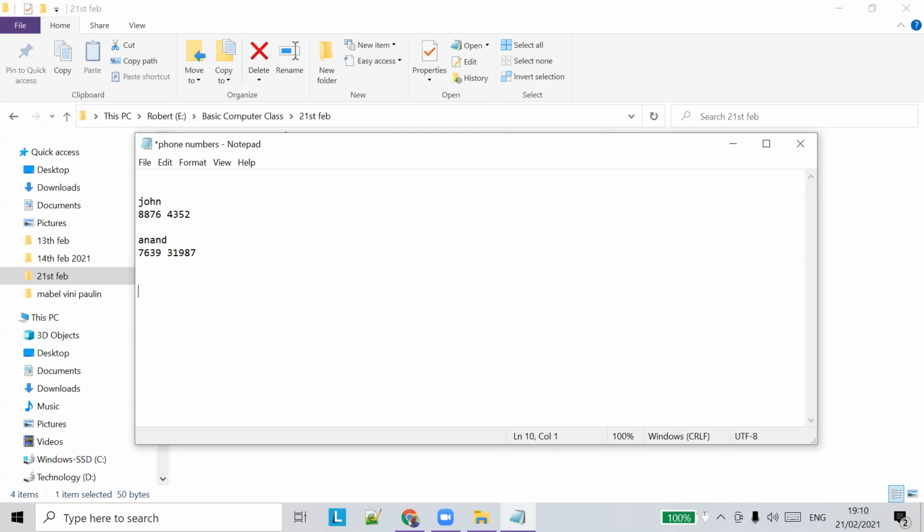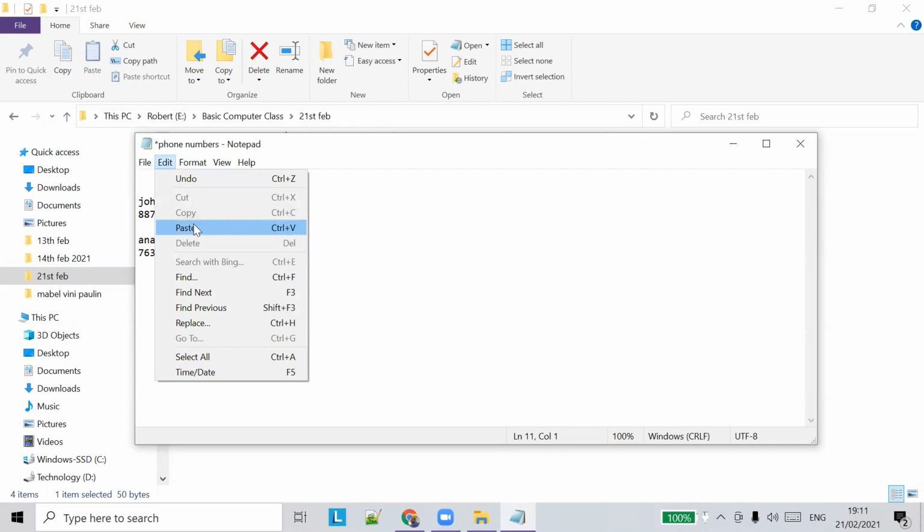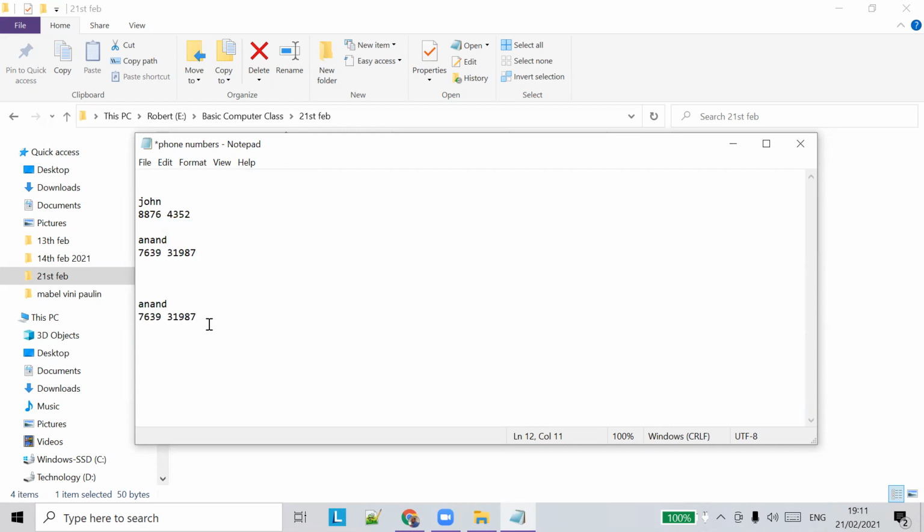Once the content is copied, it will be part of the computer's memory. We call it a clipboard. In the clipboard, it will be saved. So whatever we copied will be saved in the clipboard. So I say copy, and now when I say paste, the content will be pasted again.